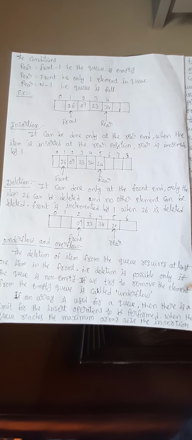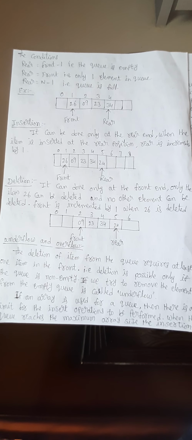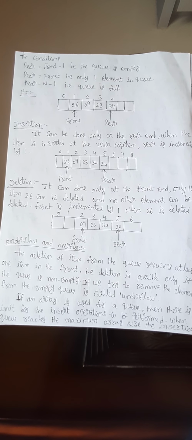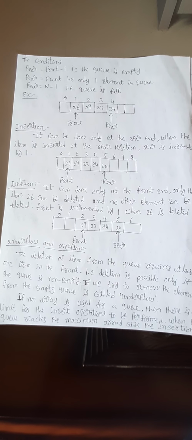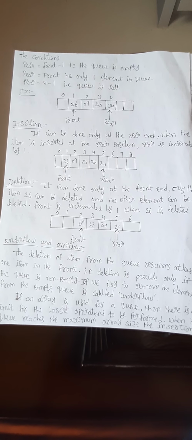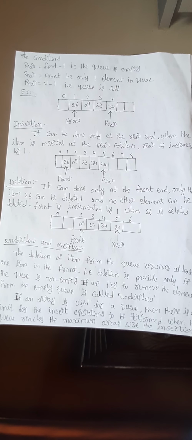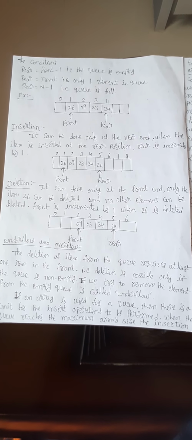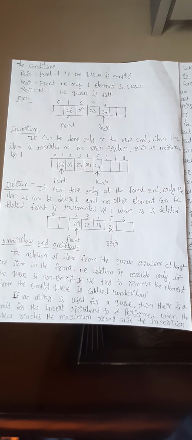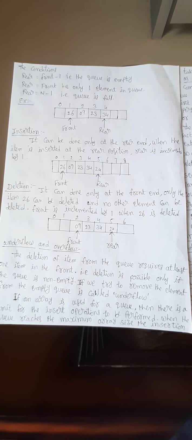If the queue is full, for example, if we have entered the size as 5 and the queue already contains 5 elements, is it possible to enter new elements? It is not possible to insert new elements. Why? Because the queue has already reached the n minus 1 position. So we have to check whether the queue is full or not. If the queue is full, then we can't insert the element in the queue, and that condition is called overflow.